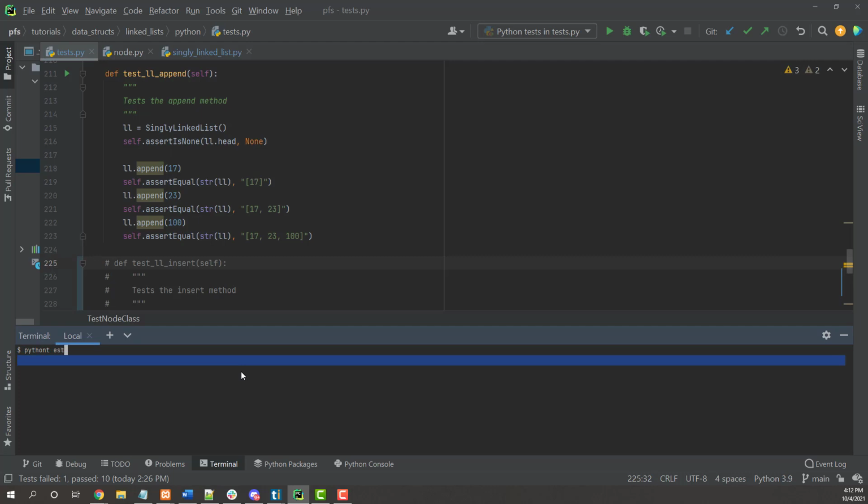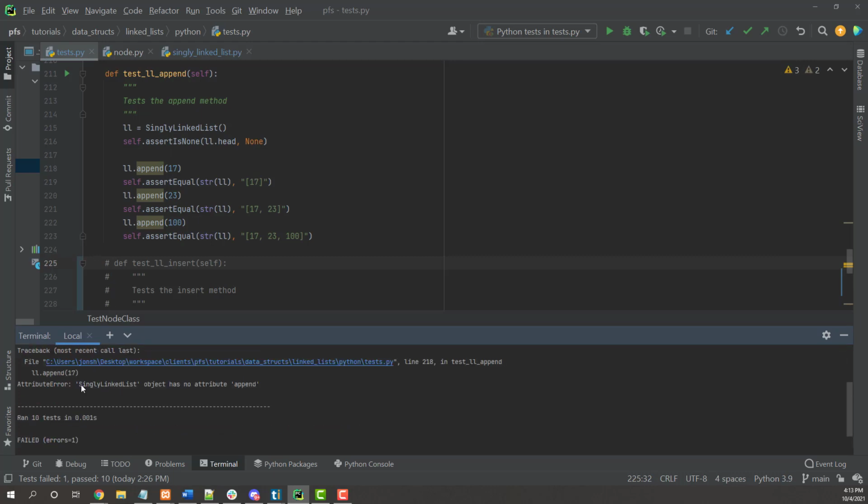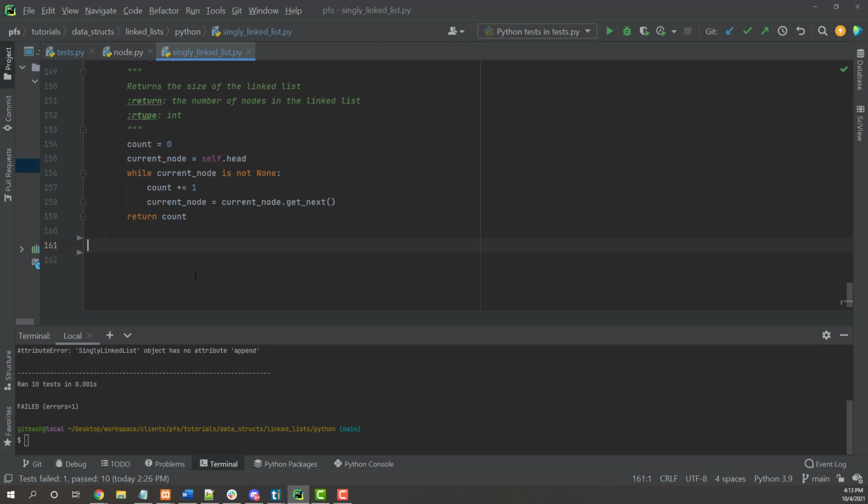I'll run my tests. We know they're going to fail, which is fine. Look, singly linked list has no attribute append. I haven't even attempted it yet, so let's go do it. Back in my singly linked list file, I'm going to define my function. Remember, the name of it is append. Takes self as a first positional parameter because it's an instance method. Takes item, the item I'm trying to add. I'm not going to do my docstring here, but what I will do is I'll just create a new node,